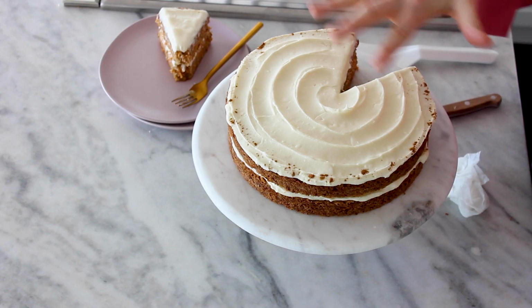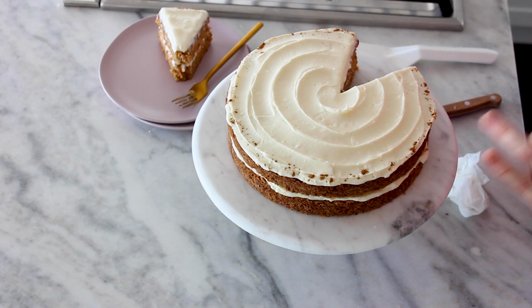Today we're gonna make the best carrot cake. It is soft and moist and flavored with cinnamon and just the right amount of carrot. I have it paired with a beautiful cream cheese frosting, and it's just perfection. It's not the easiest method. It's not a whisk it all in the bowl and dump it in the pan, but it does make the